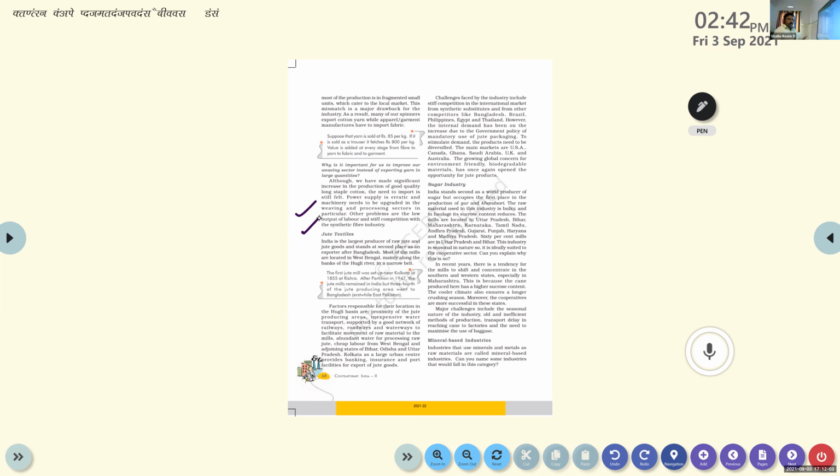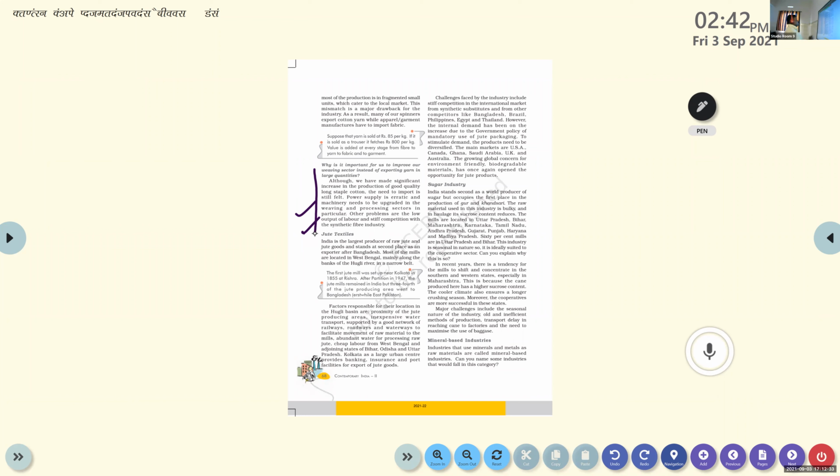So the next problem we are facing is that productivity is low for our labor. Basically, skilled labor is there, but still the productivity of Indian labor is not that good. At the same time, the competition from synthetic fibers is also creating problems for the cotton textile industry. So you can write a question here. What are the basic problems faced by the cotton textile industry in India?